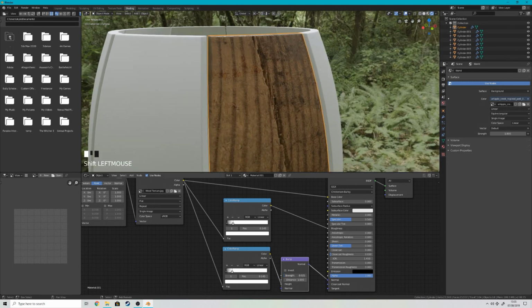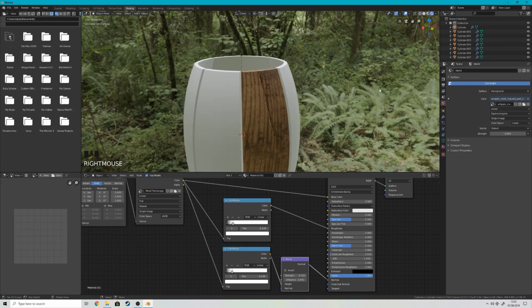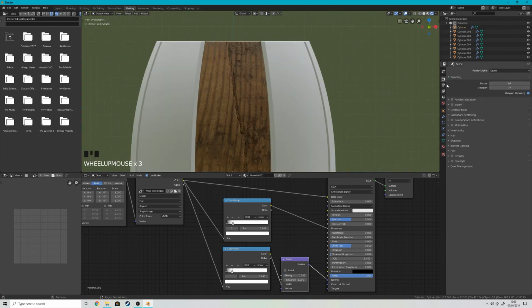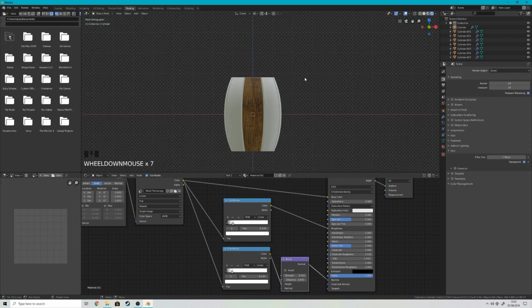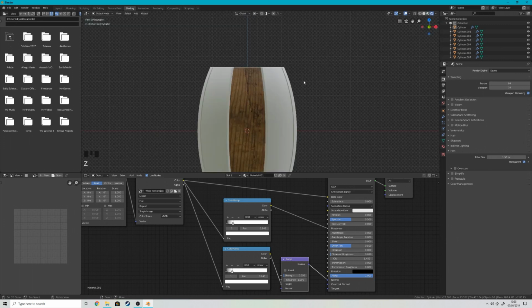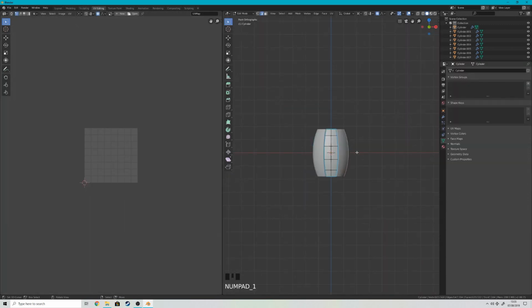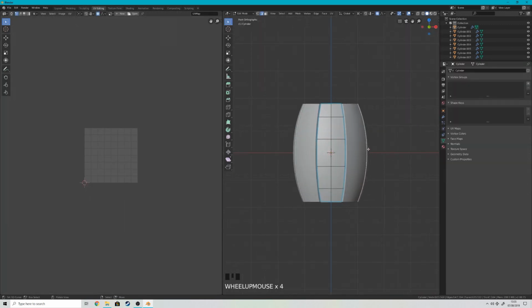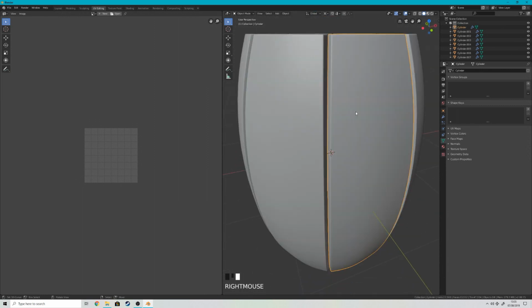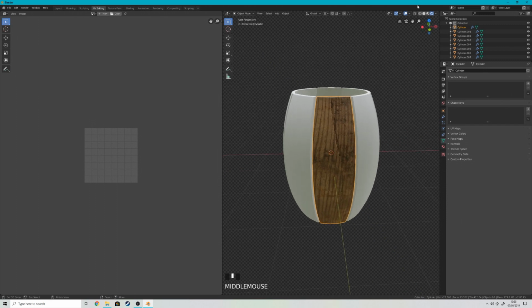And I think the bump is still too much. Okay, good. And let's make it transparent for now and switch to, okay. So let's switch to UV editing tab, and now we can go back to shaded rendered mode, and